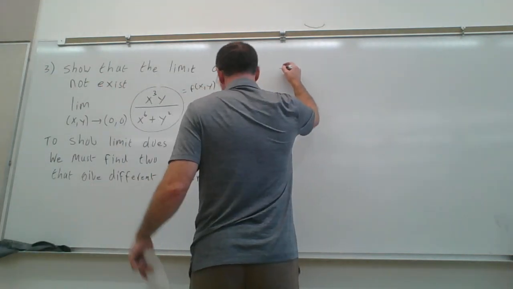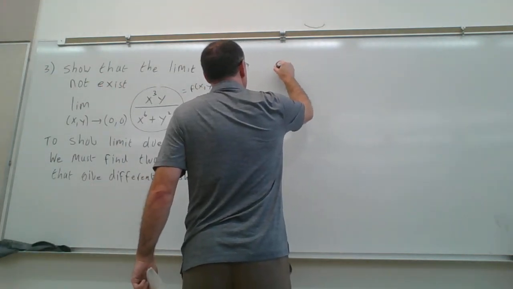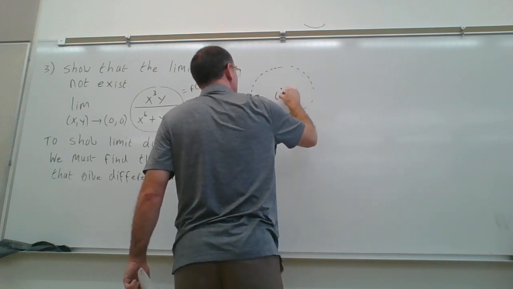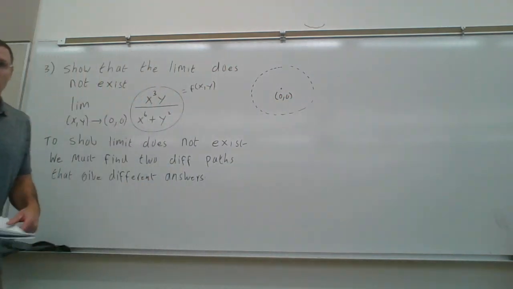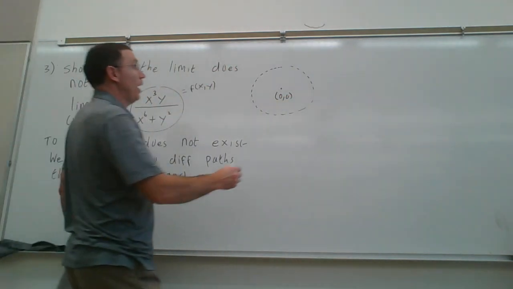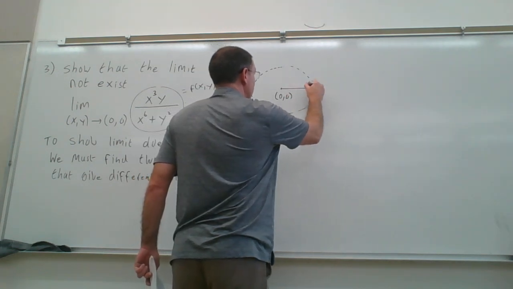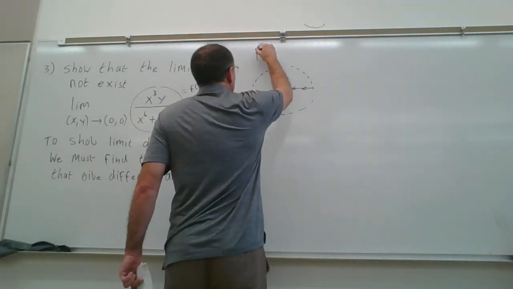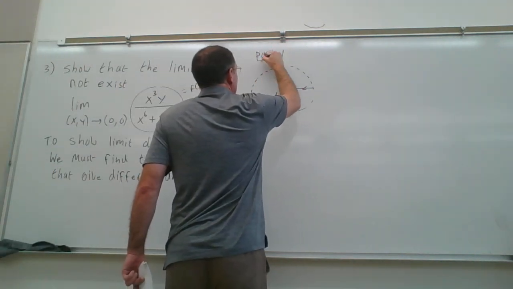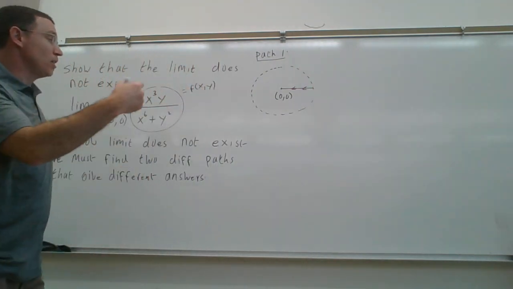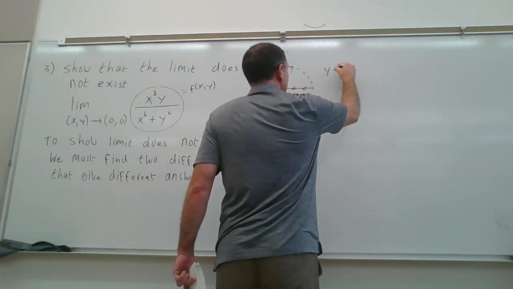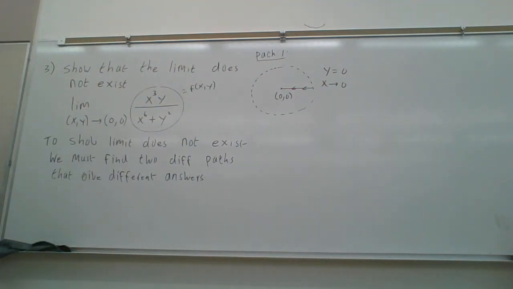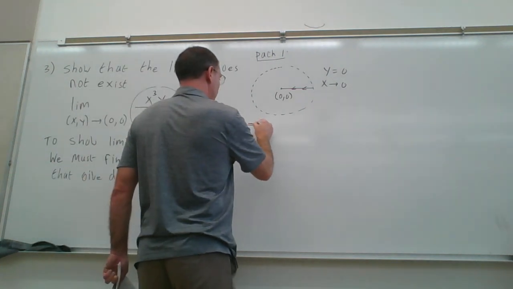So let's try the x-axis first. Here's our circle. Our center here is (0,0). So we're going to come along the x-axis, so the one here. So along the x-axis is path 1. Along the x-axis, the y value is 0, and then x goes to 0. Okay, so then the limit along this path